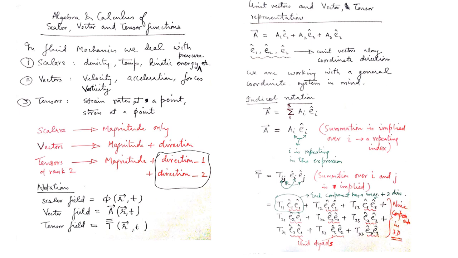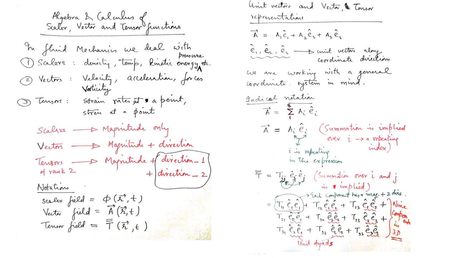Okay, at this moment it suffices to understand that a vector has a magnitude and a direction, two things, and tensors have magnitude and two directions associated with them. That means if you want to represent them, you will have to find a way of representing the three quantities. Okay, now we move on to some notations that we will follow. In general, for the lectures on mathematics that I am going to take, the present one and the upcoming next lecture, both will be on algebra and calculus of scalar, vector and tensor functions. So I'll be following this notation.